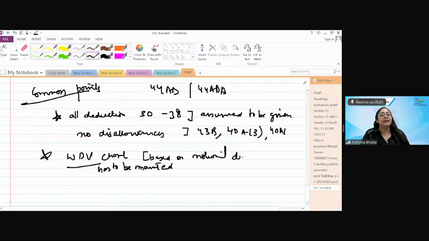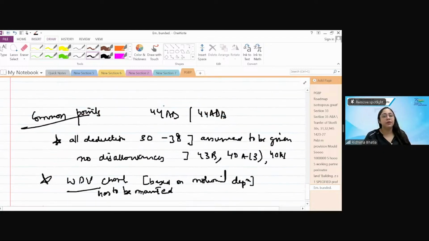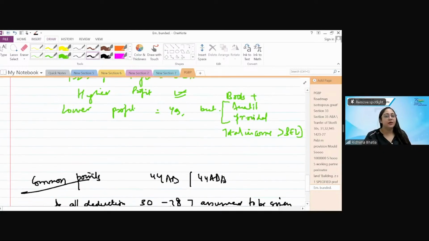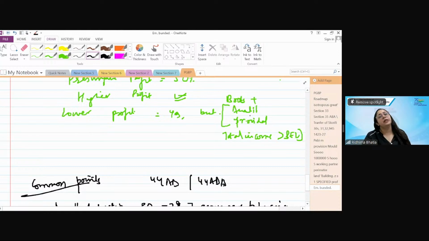Notional depreciation I'm writing here, assuming what depreciation would have been allowed if 44AD or presumptive taxation would not have been taken. ठीक है? Then what is the benefit? पार्टनर्स के केस में, बेसिक एग्जेम्पशन लिमिट वाला पॉइंट, अगेन एंड अगेन आई एम सेइंग, फर्म का तो देयर इज नो बेसिक एग्जेम्पशन लिमिट, राइट? सो फर्म्स के लिए दे आर शोइंग लोअर प्रॉफिट्स, दे हैव टू मेंटेन बुक्स एंड दे हैव टू गेट ऑडिट।